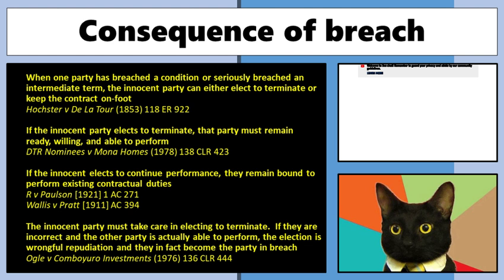What would happen, though, if we hadn't got the development permits? So we couldn't actually proceed with our side to actually have the land all cleared. Well, what that means is that we can't hold them to that breach. You can only do this, electing to terminate the contract, if we can demonstrate that we could have actually, at that point in time, completed our side of the bargain. All right, and the phrase they use is that you have to be ready, willing, and able to perform. If you can't do that, you can't terminate. You're still bound by that contract.